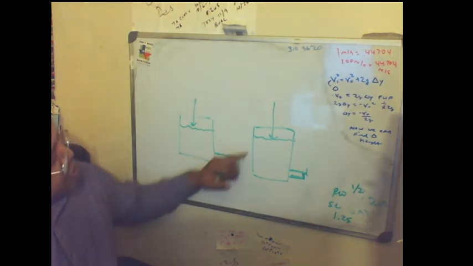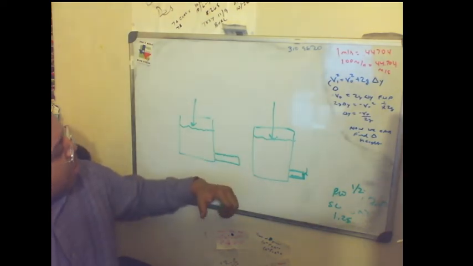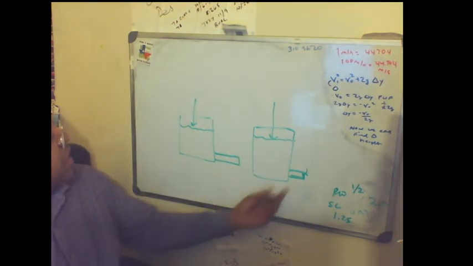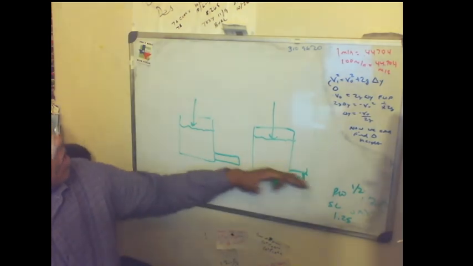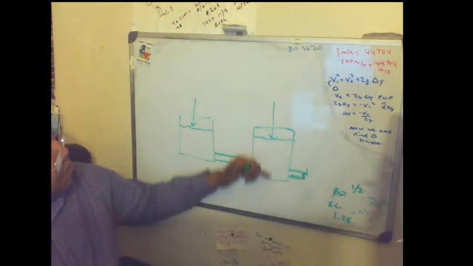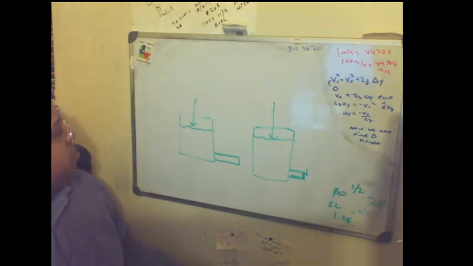I would even venture to say that this one may empty out a little bit quicker as well, because the length of the pipe is shorter. The air is coming in to equalize and let the water out. So I would go with that, and that's just a guess, but when you click that,